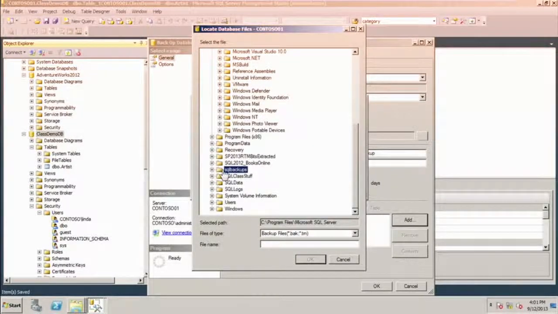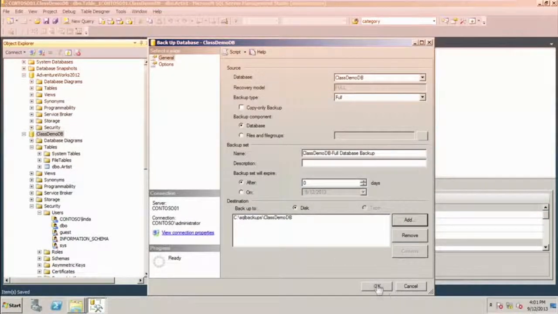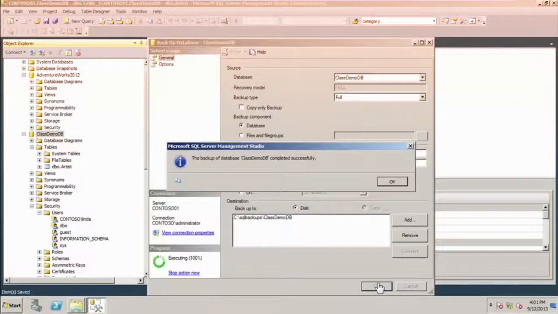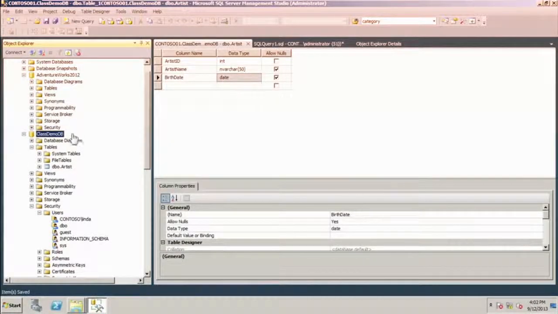We're going to back up to SQL backups. And we're going to call this class demo DB. It'll use the .bak extension, so I'll just let that go. There it comes back. So we're going to back it up to there, and we'll go ahead and do an OK. And then we'll click OK on this one. And the backup database class demo completed successfully. All right, cool. So that's done, and we know in there that we should have the